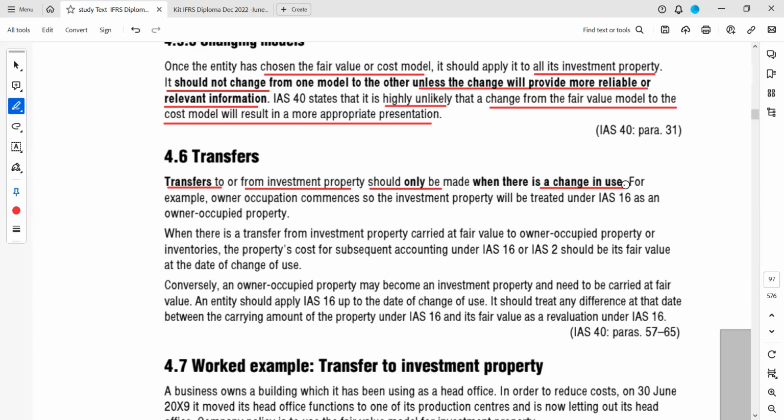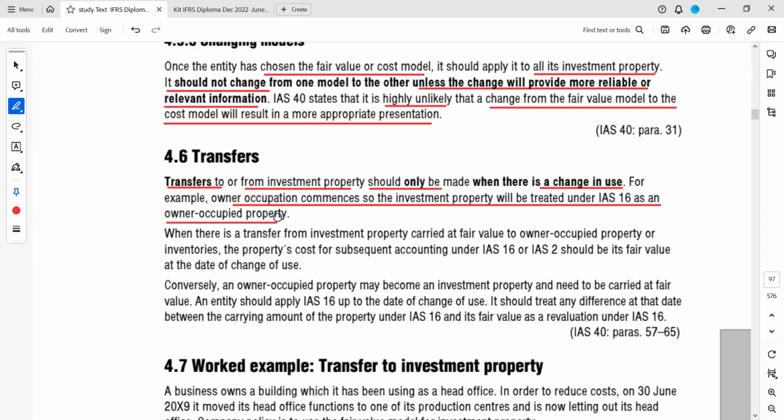and that change is evidenced by, for example, previously we have given a property on rental basis, now we are using it for production purpose, so there is a change from investment property to owner occupied property. And previously we had an admin function in that property, now we have rented it out, so from IAS 16 to IAS 40. So for example, when owner occupation commences, the investment property will be treated under IAS 16 as an owner occupied